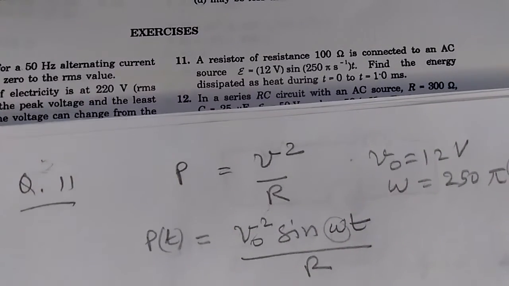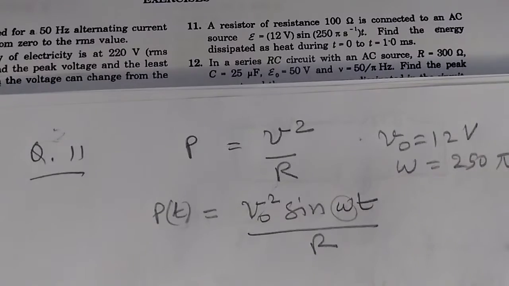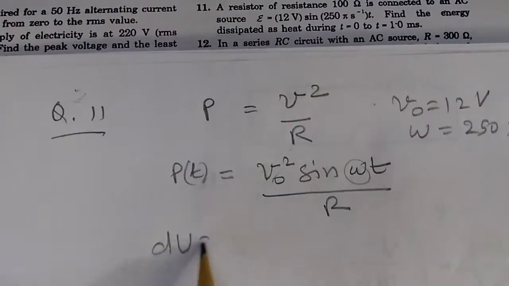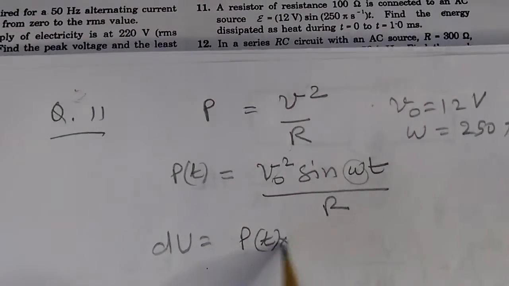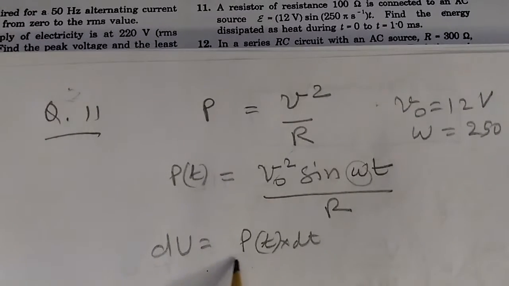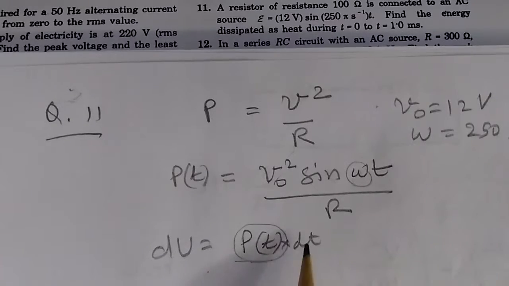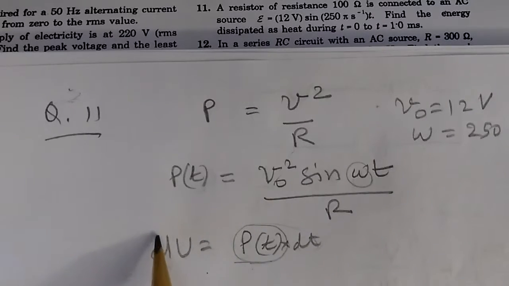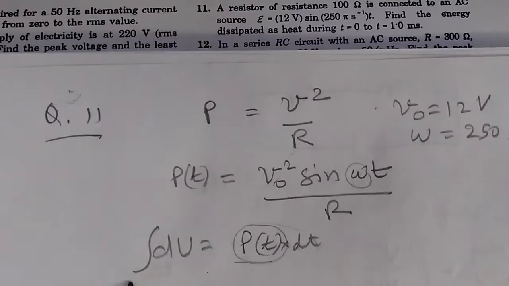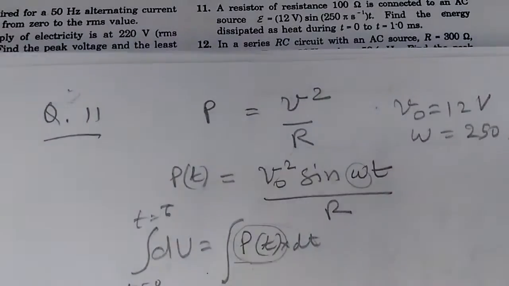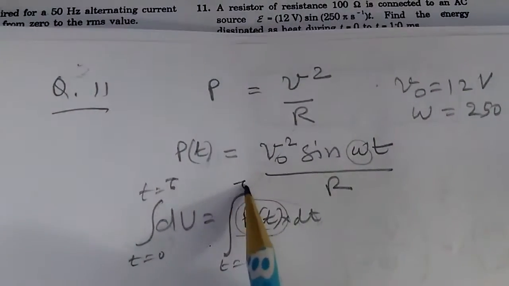Now when we know the power, then we can find the energy dissipated as heat in a small time. Let's call it dU as P(t) into dt. This is the simple formula for the energy dissipated. Power is the energy dissipated per unit time, multiplied by that small time dt, you get the energy dissipated in that time. And if you want to find the energy dissipated from t equal to 0 to, let us say, t equal to tau, you can integrate